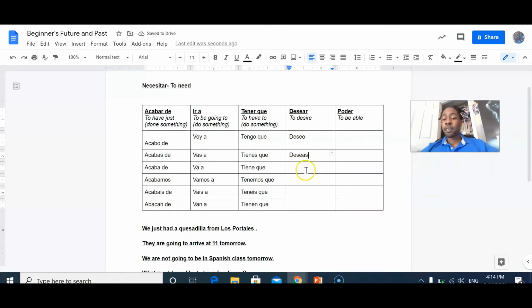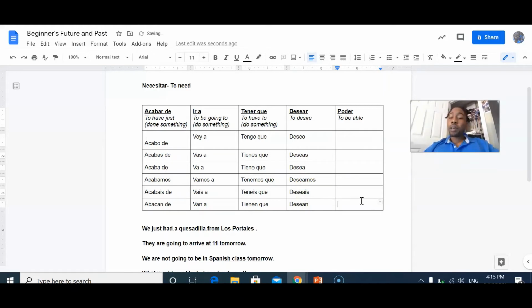deseas, desea, deseamos, deseáis y desean. Entonces aquí, cuando usamos el palabra poder, es una palabra de extra crédito para mis amigos quien